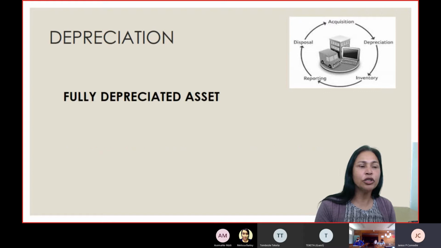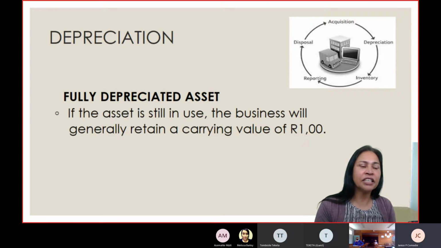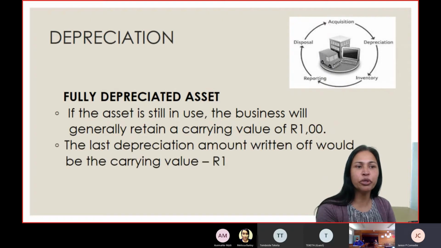And again, we need to take into account that an asset can be fully depreciated. That is when we say the asset has reached its useful life. And for that reason, it must be retained at a carrying value of 1. And I'm sure that you're all familiar with this when it has reached the end of its useful life. How do I find that? I then take the last depreciation amount that was written off, and the carrying value is determined minus the 1